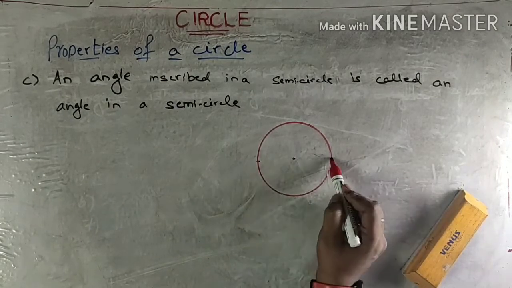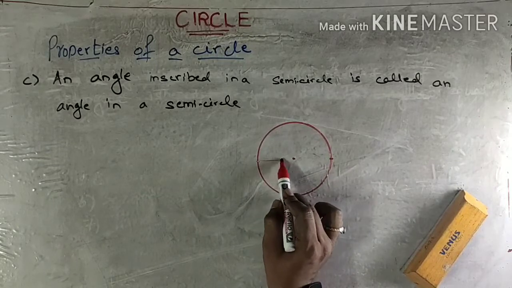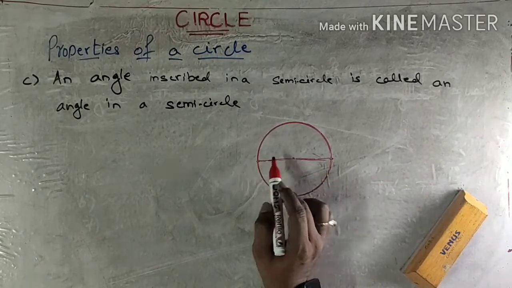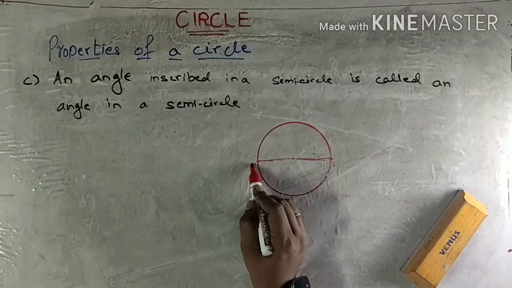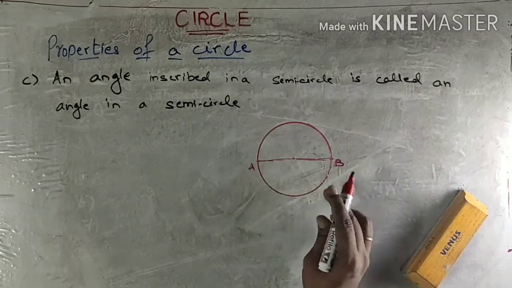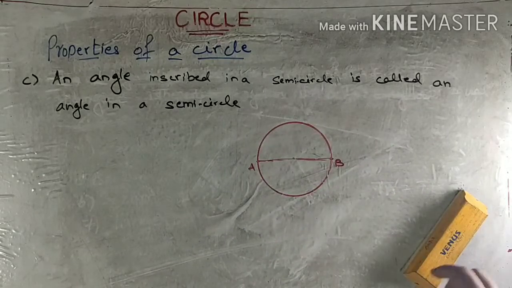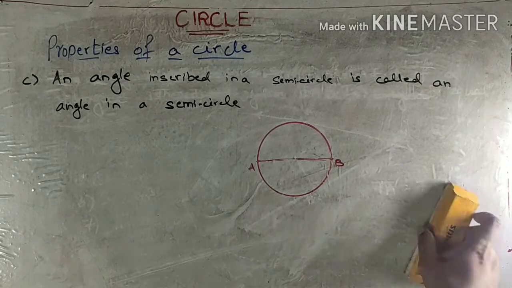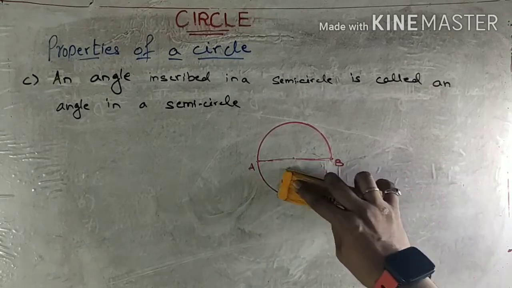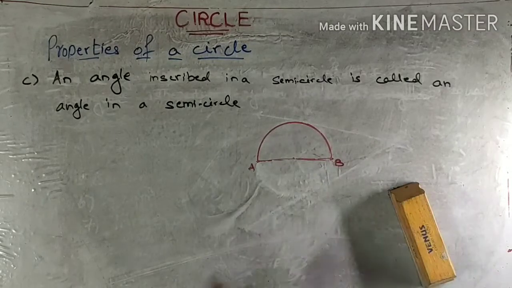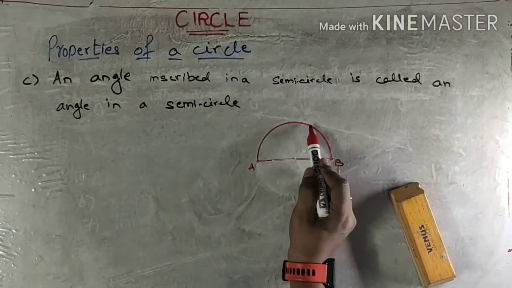If a chord passes through the center, then that chord is called as diameter, and the diameter subtends the arc on the circumference, which is called as a semicircle. So if I remove this, I don't need the other half. So the angle inscribed in this means the angle should be on the